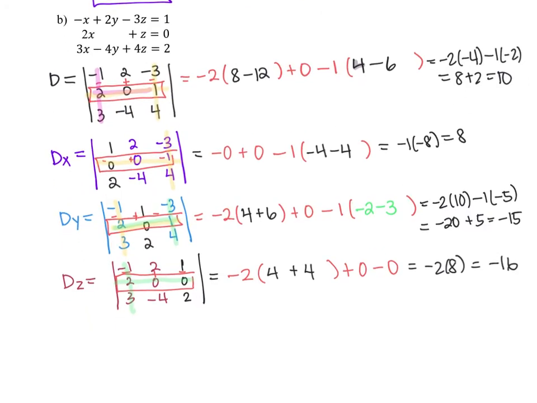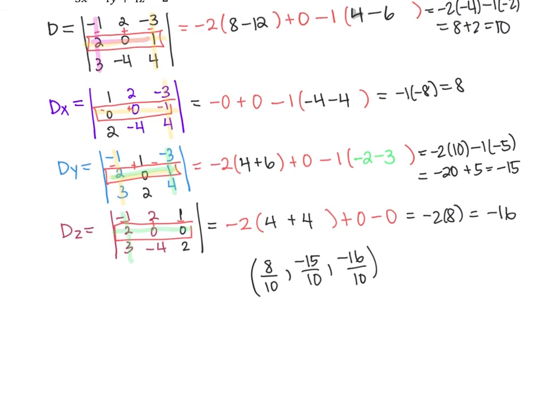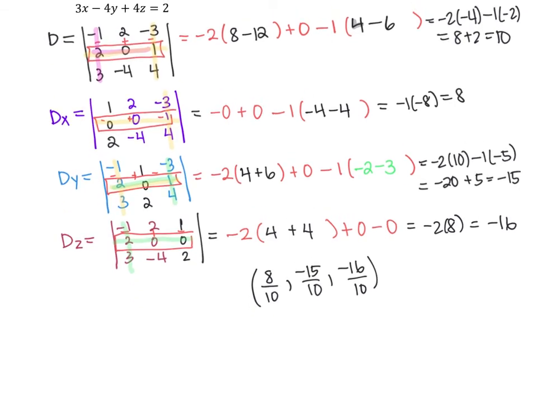Okay, so for my x coordinate, it will be dx over d. For the y coordinate, it will be dy over d. And for the z coordinate, it will be dz over d. And I am going to simplify these because I'm not leaving it like that. Okay, so the answer to the system should be 4/5,